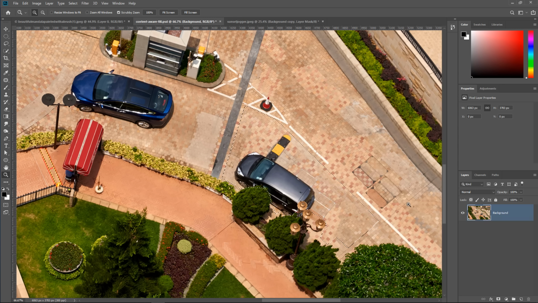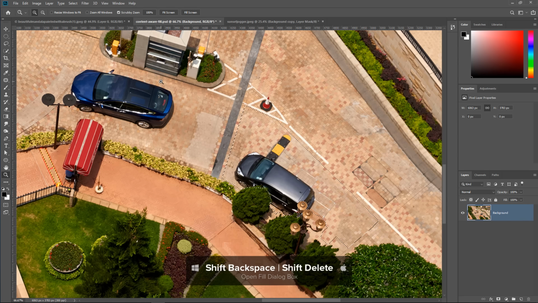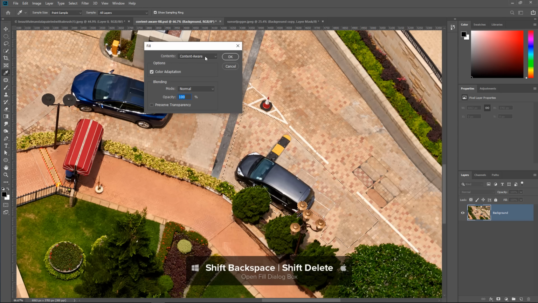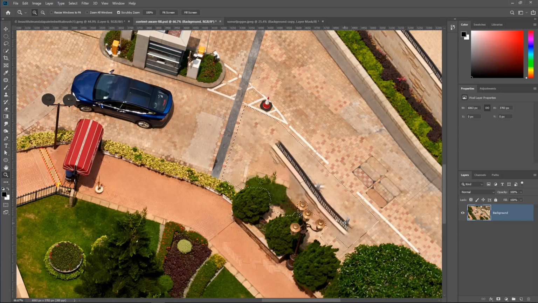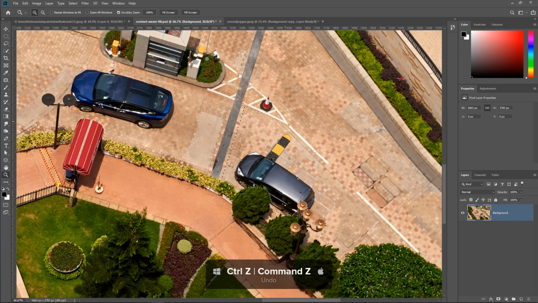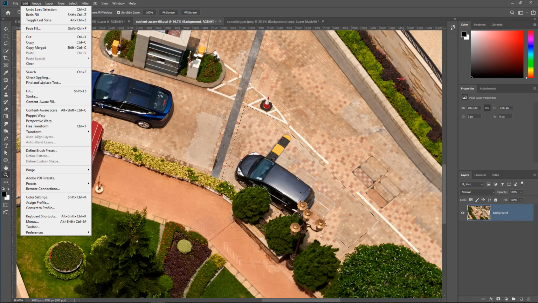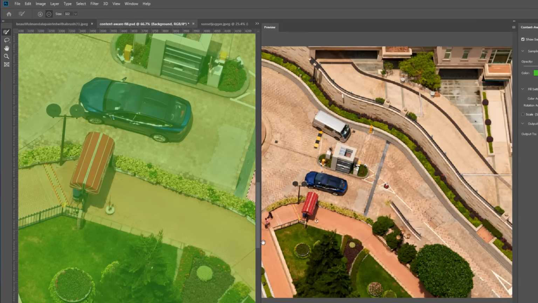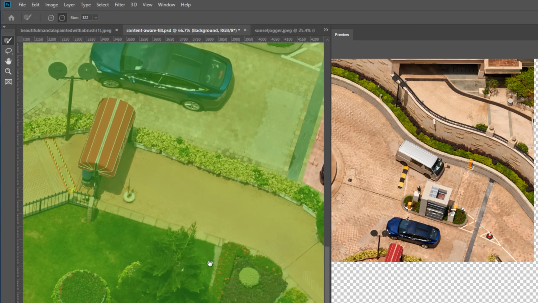And if I were to select the background layer, use the keyboard shortcut Shift and Backspace to bring up the fill window, and select Content Aware, you will see that the original Content Aware fill wouldn't work because it's sampling all these pixels from different areas. And again, there was a masking hack that you can use to force Photoshop to use certain pixels, but now we don't have to worry about that. So I'm going to undo that fill and then just go into Edit, Content Aware Fill,